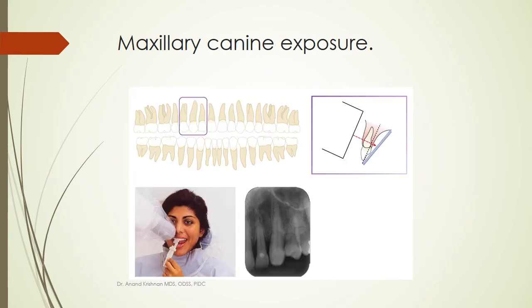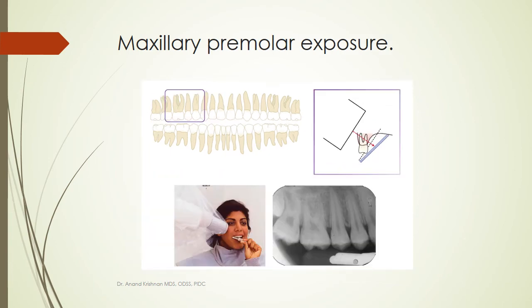So similarly for a maxillary canine, the tube film position, head position and the tube position. This is how the tube will be positioned. And this is for the maxillary premolar area. You can see that the film is positioned inside the patient's mouth, and this purple box shows exactly how the tooth is covered, and the position of the tube. Observe the position of the tube and the head also.